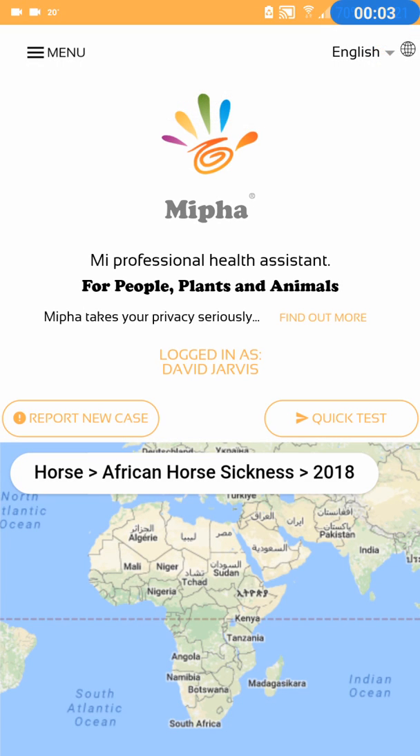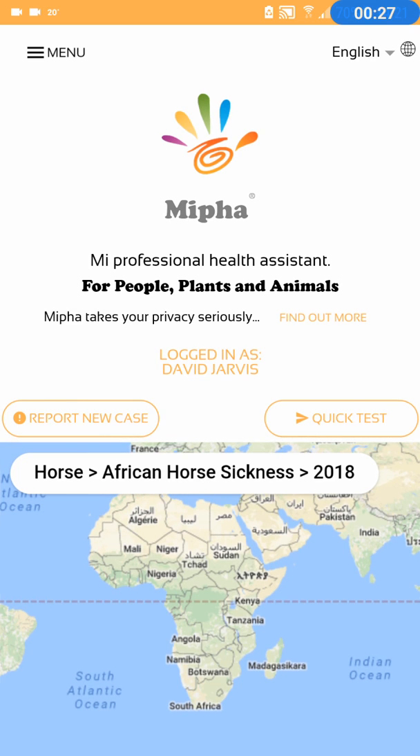The dashboard is the main screen that you first arrive at when you open the Mipha app. The intention of the dashboard is to show you some basic information that you would typically want to see in real time. So this app was designed primarily initially with African horse sickness being the first disease of interest, and so the